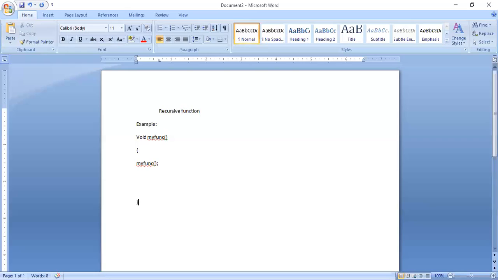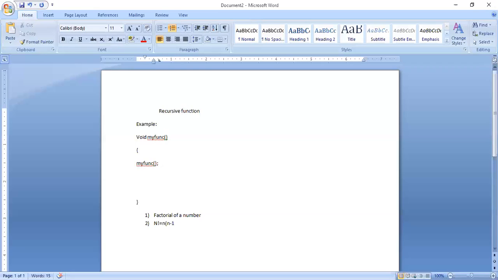Let's see in detail with the example of a program. We are going to see the first example, which is called the factorial of a number. Factorial of a non-negative integer n is defined as the product of all the integers from 1 to n. That is, n factorial equal to